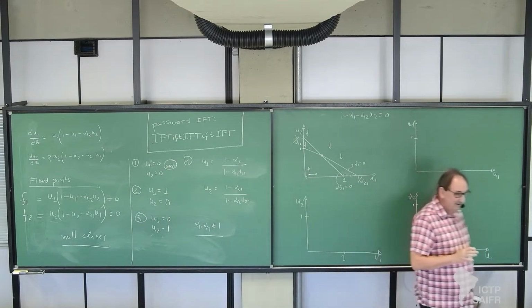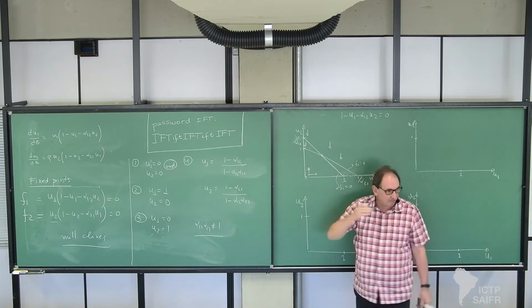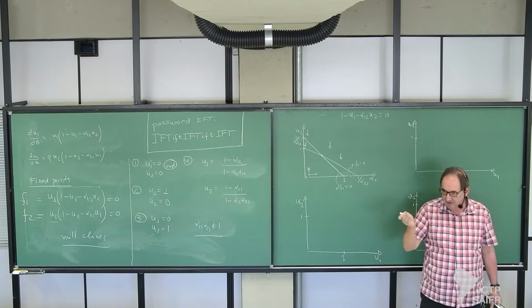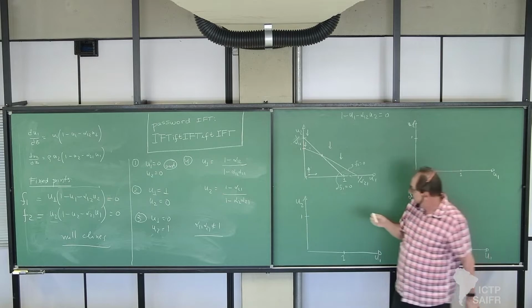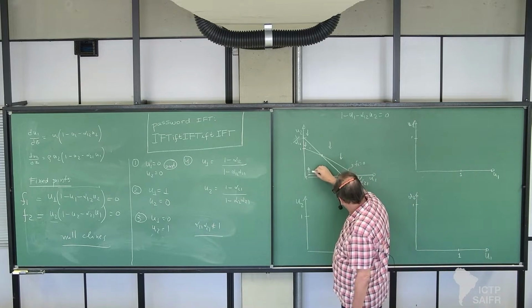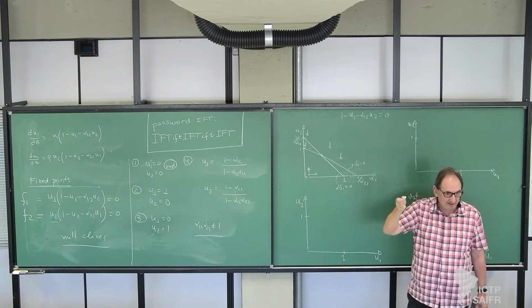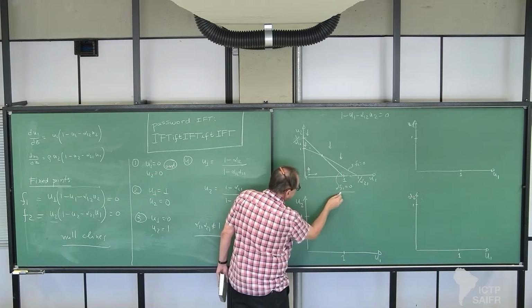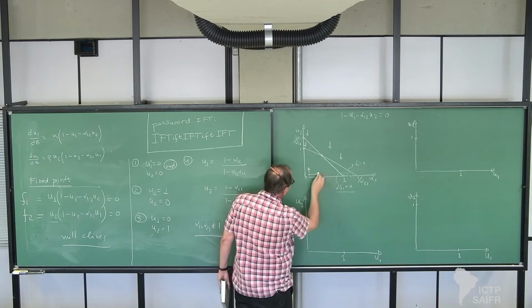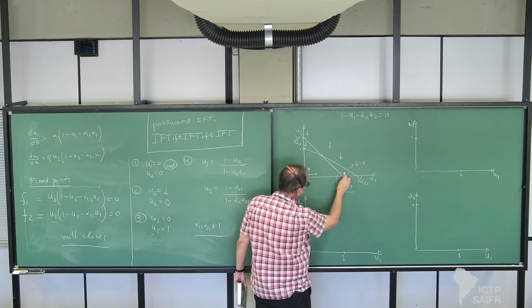Okay? These are the lines where there's no increase and no decrease. Outside the lines, there's either increase or decrease. So I'm using the fact that if I start here, I know that both are increasing. When I cross the line, I have to change the sign. Okay? So the second case is F1 equal to 0. When I go here and cross this one,